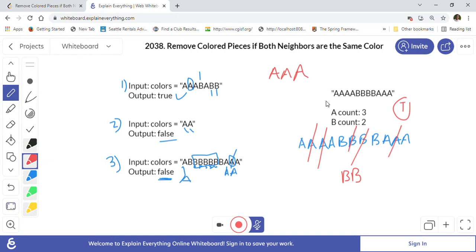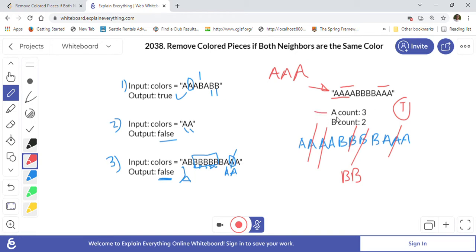So what we will do is we will take this string and we will calculate how many consecutive 3 A's are there in this string. So you can see here, this is one consecutive 3 A, this is another consecutive 3 A, and this is another consecutive 3 A. So the consecutive 3 A count is 3 here.